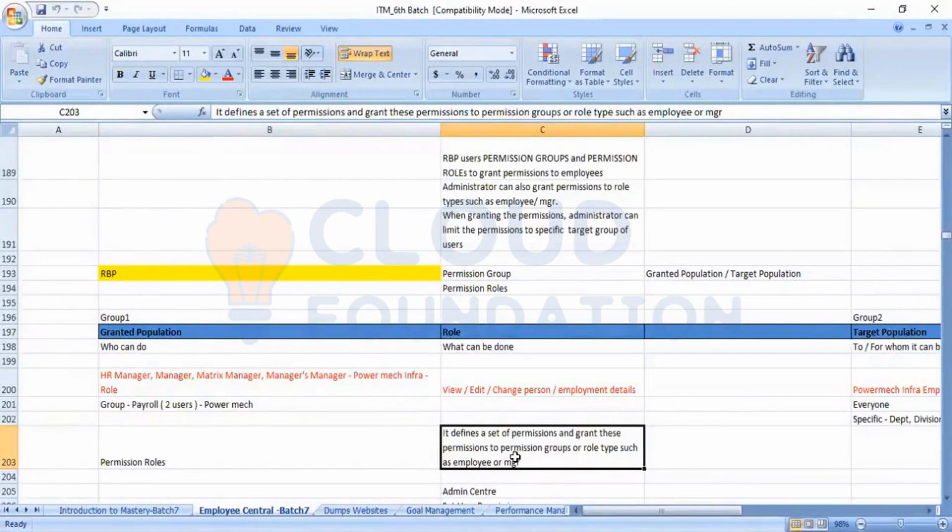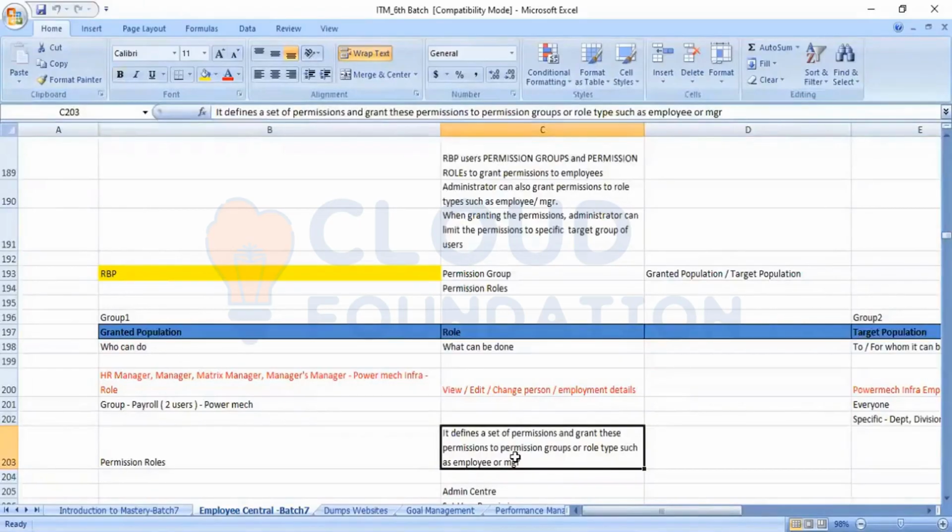Suppose you are the recruiter. Whenever you want to access the application in the system, you should have the access right. When you click on a tab, it should go into another screen.